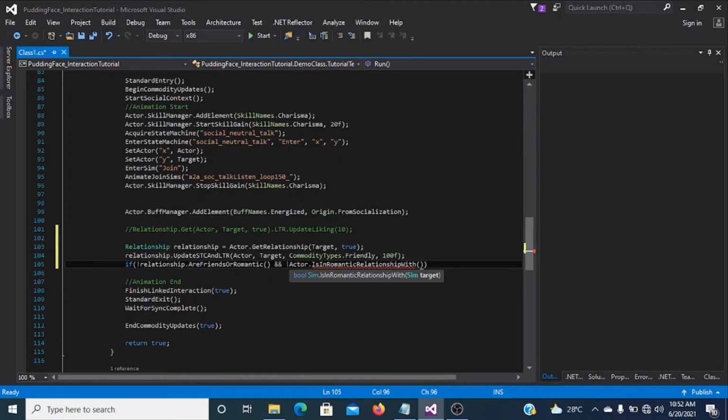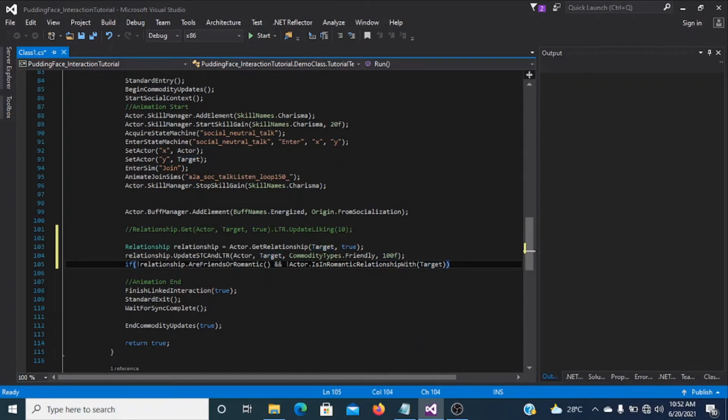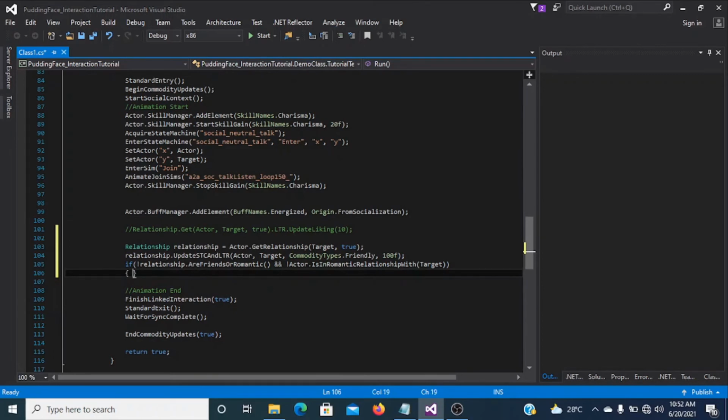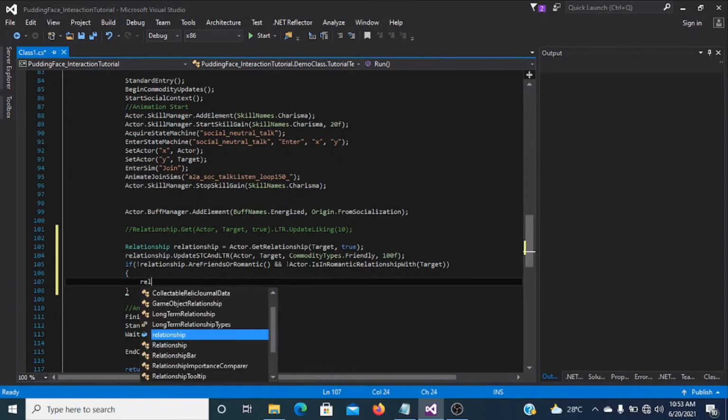Okay, now here write and. We'll add two ampersand signs for and, not actor.IsInRomanticRelationshipWith, brackets, target, and inside the curly brackets of our if statement we write relationship.ForceChangeState, and in the bracket